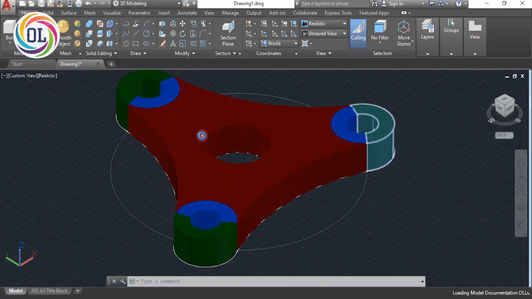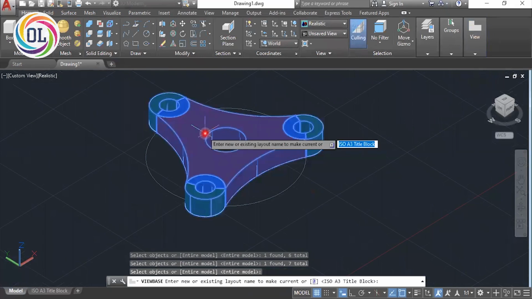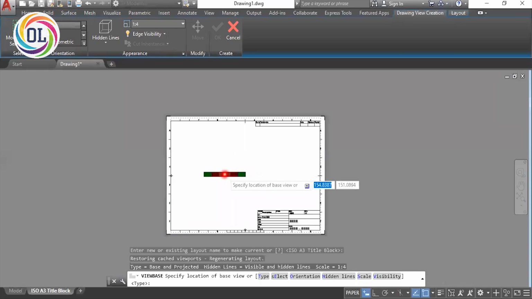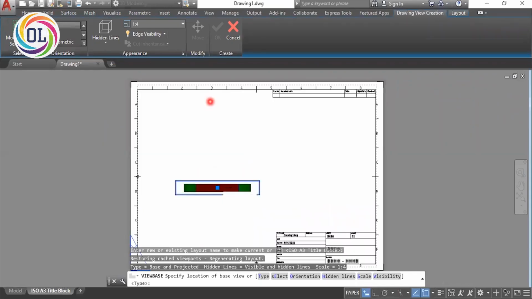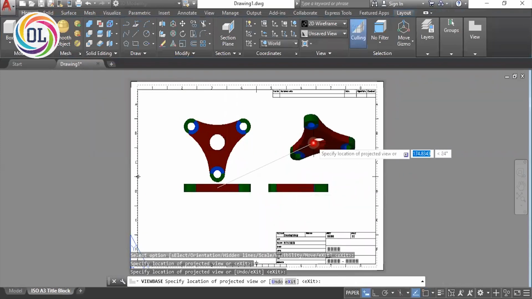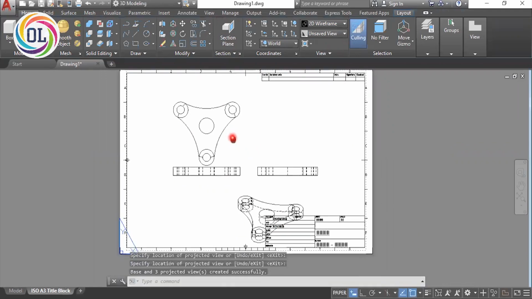Select whichever model drawings you want. By default the view is the front view, and after that we can create whatever view is required. It is one of the latest features of AutoCAD.